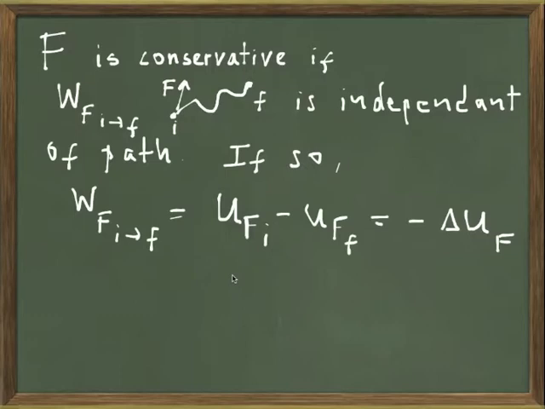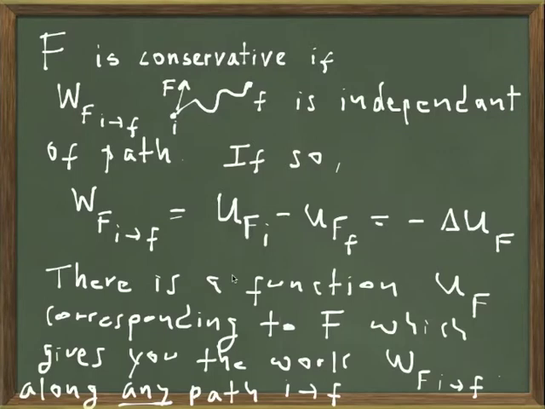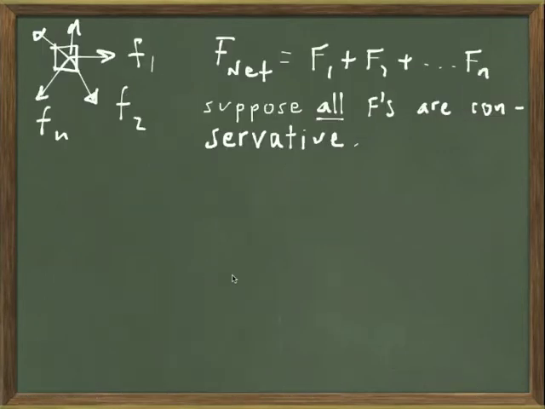Okay? So conservative forces always have a function called potential energy that can tell you how much is the work done by those forces. So a force that is conservative has a potential energy function. Now, if all the forces that are acting on a system, this block, if all of them were conservative, right? If all of those forces had an associated potential energy function, then when we use the work kinetic energy theorem that says that the net work done by all of those forces should be equal to the change in the kinetic energy of the object, when we use that theorem,